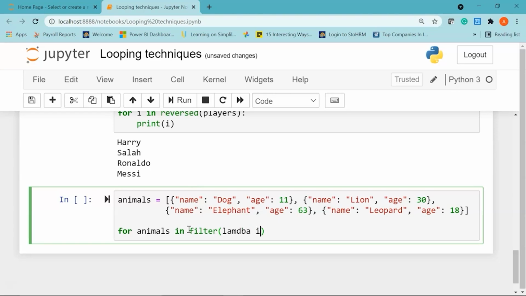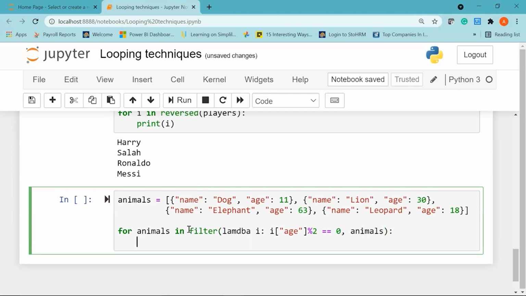I'll say lambda i colon i of age, if it is divisible by 2, so I'll say age modulo 2 equal to 0. Give a comma, then we will print that animal. I'll give a colon, I'll say print animals.